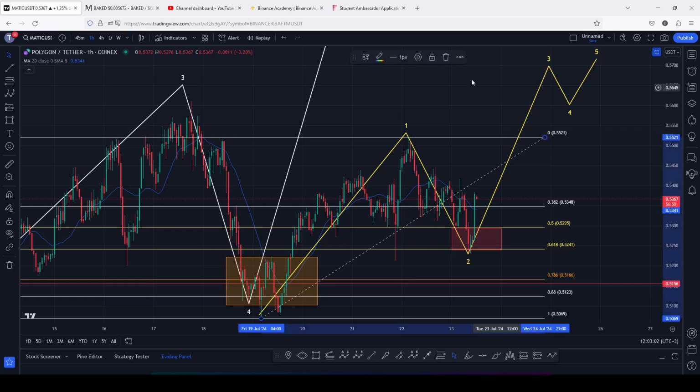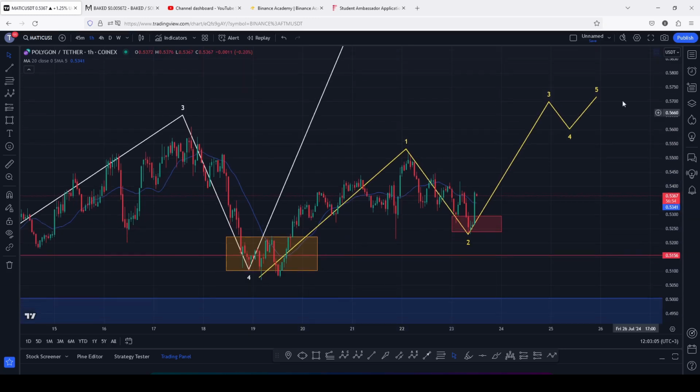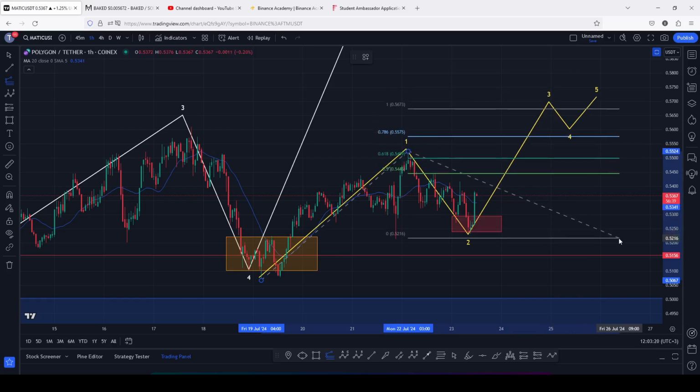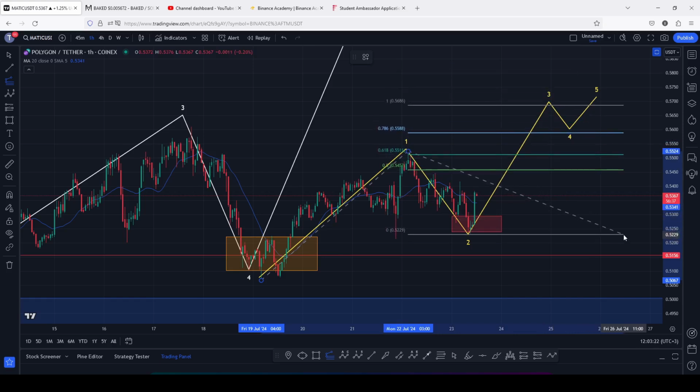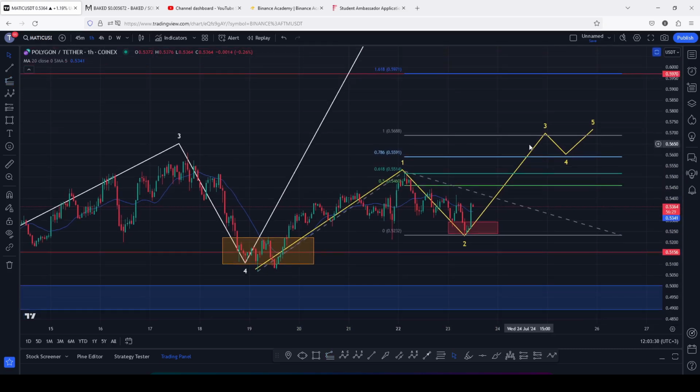And at the time of this recording, we are now seeing a reaction from this area in a move that is giving us a bounce to the upside in what could be the start of an impulsive wave in this Elliott wave count 3, whose minimum target areas can be given by connecting the trend-based Fibonacci from the low of the first wave to the high of that Elliott wave count 1, then dragging the fibs to the low of the second wave, giving me a minimum target area for the third wave at the Fib ratio 1:1 as the first target area, which perfectly lies above the